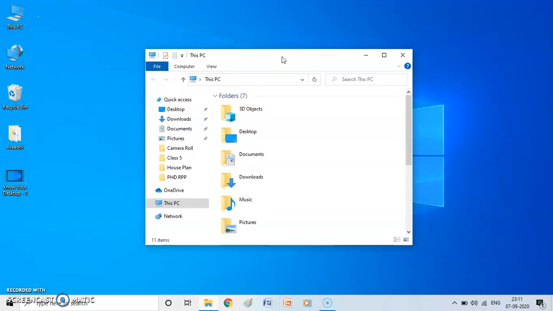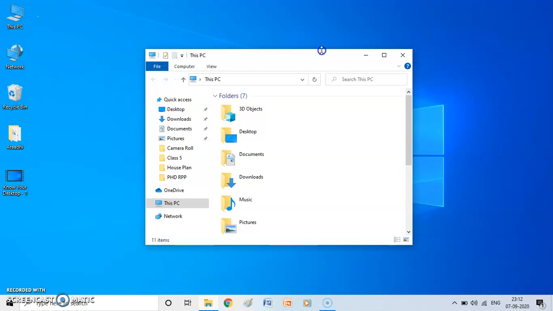It is also possible to increase or decrease the size of a window. Now there are a number of ways in which we can do it. The first thing that we can do is take the mouse pointer to the edge of the window. Now notice what happens. Normally this mouse pointer is like an arrow, but when I take it to the edge, it will change to a double-edged arrow. See, this pointer is changing like this. If I take it here, again it has changed into a double-edged arrow.